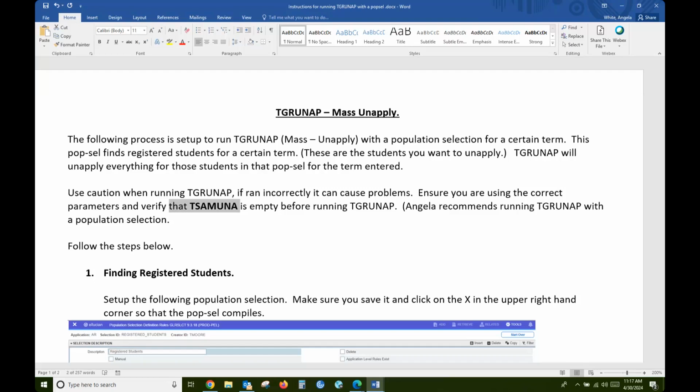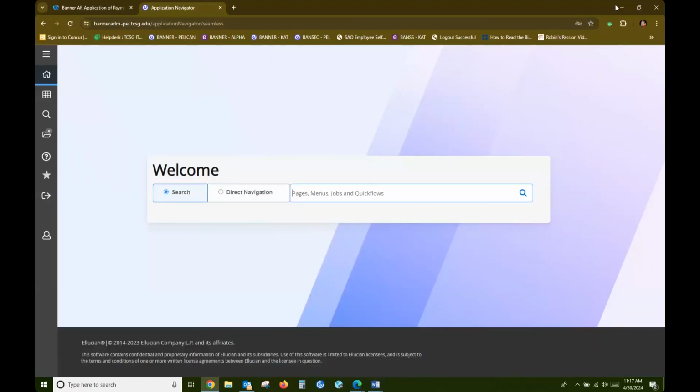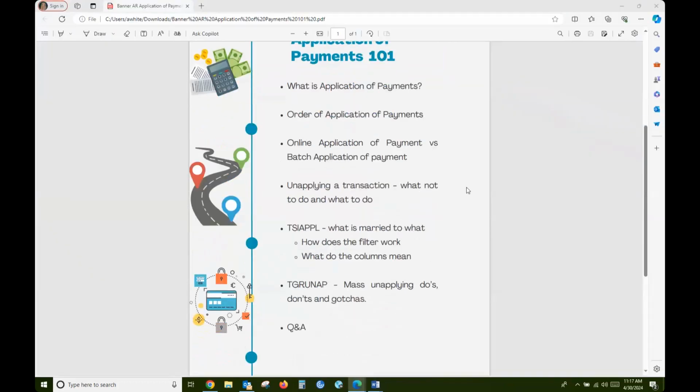Application of payments 101 gets pretty deep, but at the same time, there are also other things that we could talk about, but we don't really want to get too deep in the weeds on it. But I will include that in the documentation, so if you would like to take that and read it,